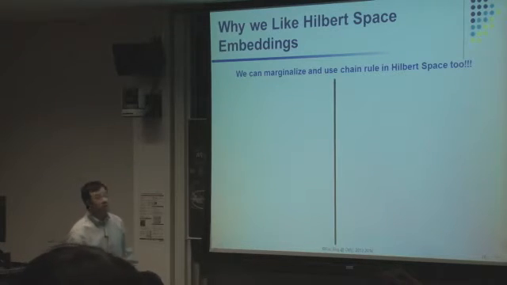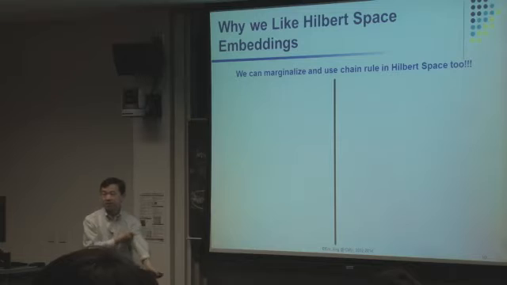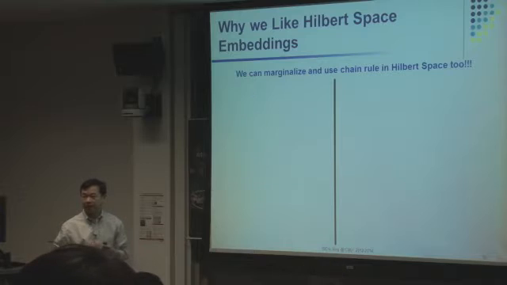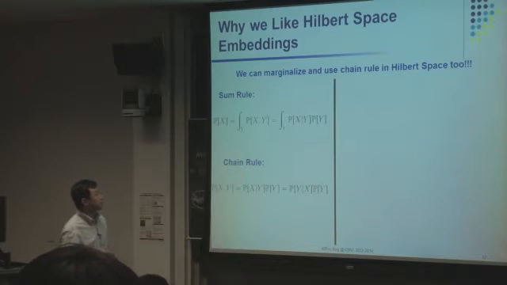So why do we like Hilbert space embedding in the first place? I think we have a number of arguments already, right? We can represent a discrete distribution, a non-parametric distribution, in a richer fashion. But operationally, does it give us any advantage, or at least, if not an advantage, does it at least create no more trouble? That's actually something we want to care about. For example,